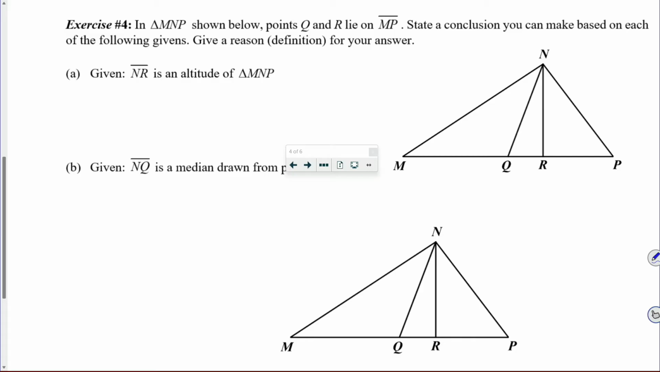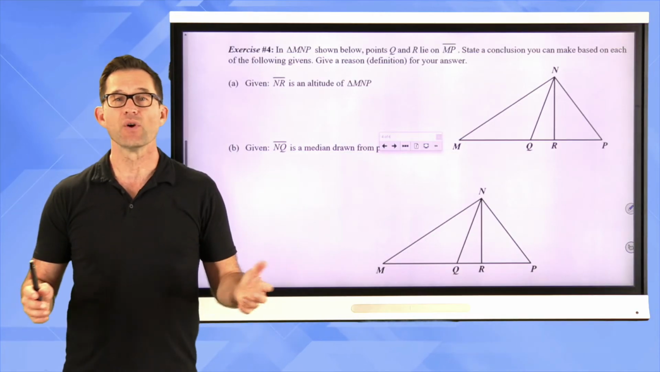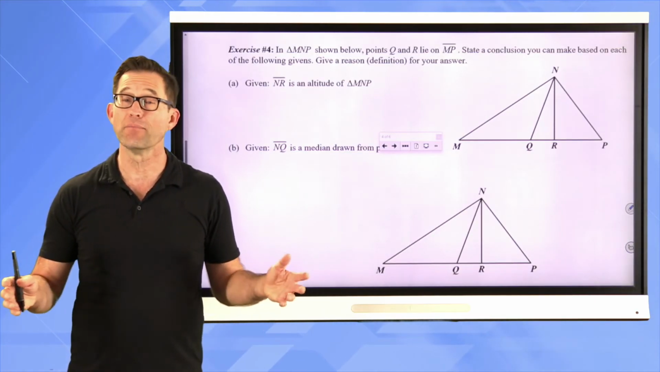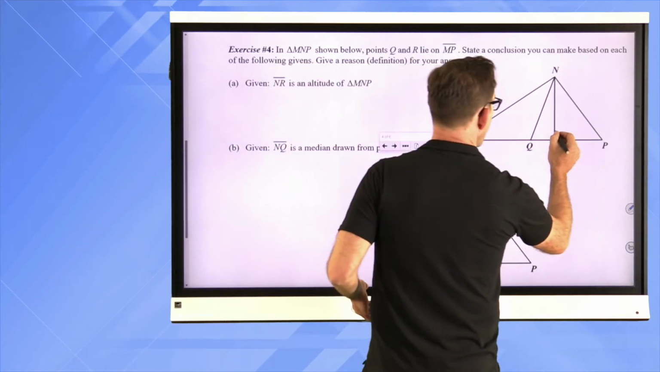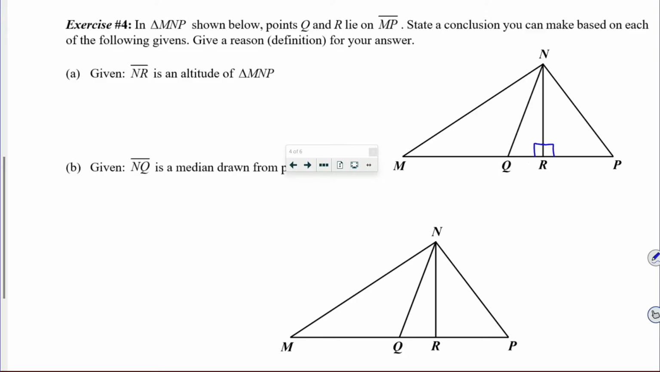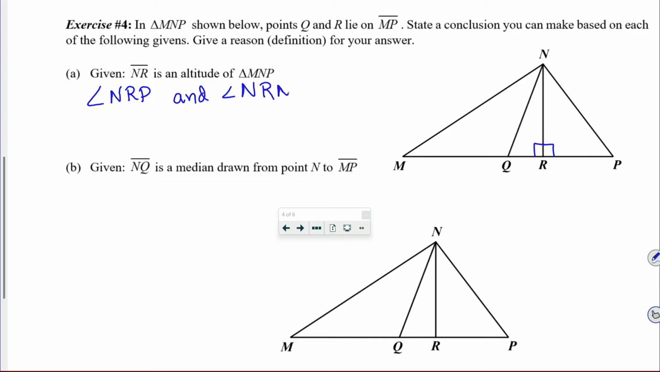In triangle MNP shown below, points Q and R lie on MP. State a conclusion you can make based on each of the following givens. Give a reason, definition, for your answer. Letter A. Given NR is an altitude of triangle MNP. All right, so NR is an altitude of triangle MNP. What can we know about that? Well, we can tell that this and this are right angles. So I can say that angle NRP and angle NRQ, or NRM, I'll use NRM,